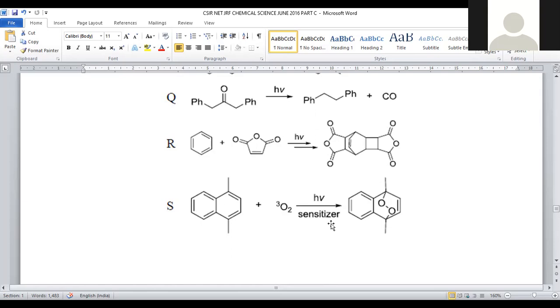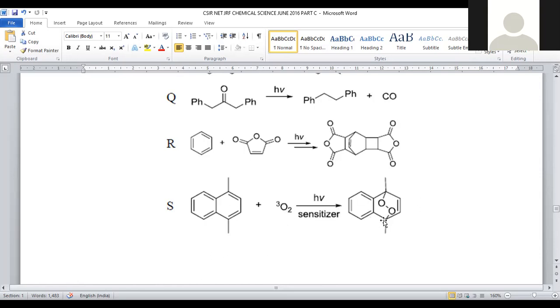What will a sensitizer do? The compound is not directly absorbing sunlight. The sensitizer will be the mediator which is used to absorb the sunlight and transfer the energy to that system. Just like in the photosynthesis process, chlorophyll works like a sensitizer. It absorbs the light and is used to proceed with the photosynthesis process. In the same way, here also we are using a sensitizer which is used to absorb the energy from the sunlight, right?